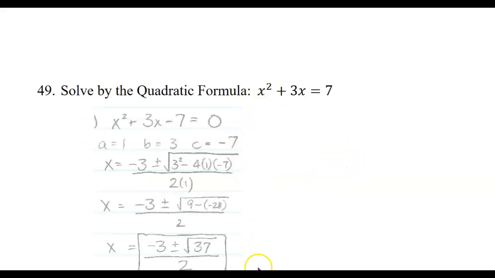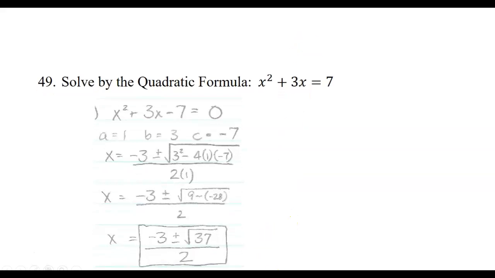And here's one to solve by the quadratic formula. x squared plus 3x equals 7. If I'm going to use the quadratic formula, I need to get everything on one side equal to 0 on the other side. So I start by subtracting that 7 on both sides, and I get x squared plus 3x minus 7 equals 0. Now I'm ready to pull out the formula and put in 1 for a, 3 for b, and negative 7 for c. And it looks like x equals negative b, so there's negative 3, plus or minus the square root of b squared minus 4ac, so 3 squared minus 4 times 1 times negative 7, all over 2a,